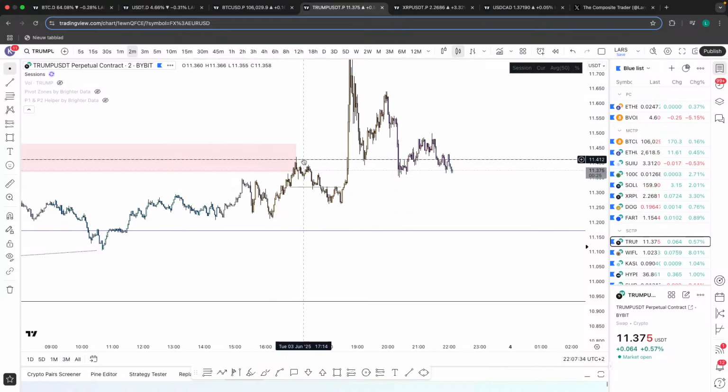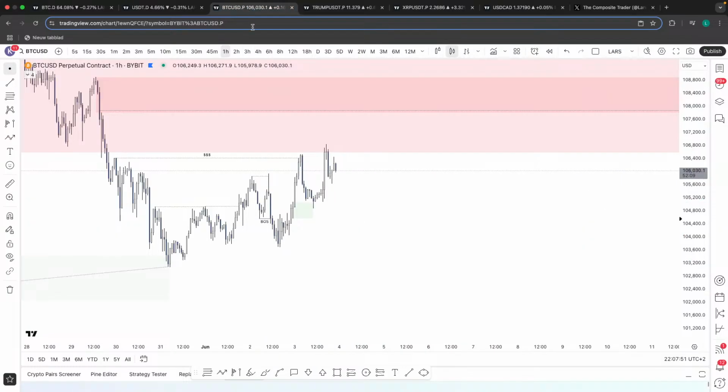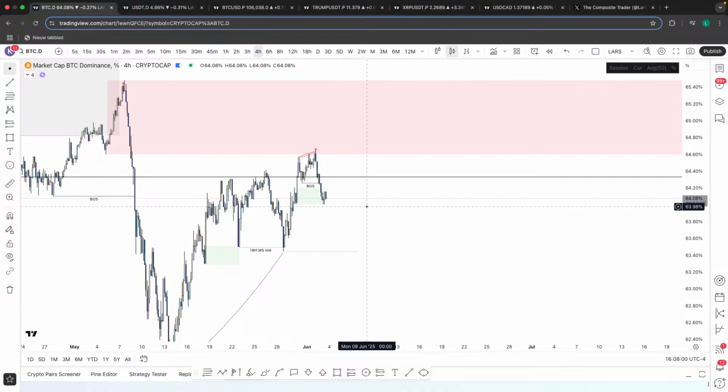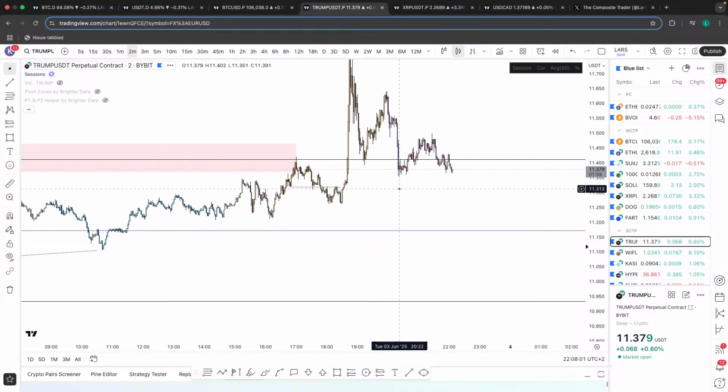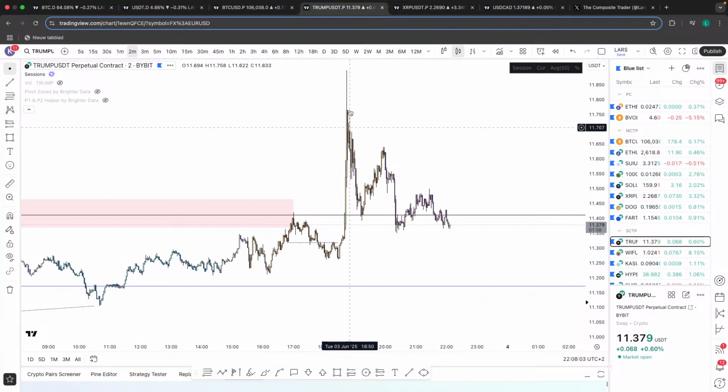When I saw this move and this consolidation at that supply area, I made a post in my channel saying, guys, I am not that interested in finding any local shorts here, because I'm just not very confident in the overall bias right now regarding altcoins. You got Bitcoin with an overall expectation of going lower, but it could still consolidate in here. And with Bitcoin dominance retracing, you might get these random pumps on altcoins. And that's exactly what happened.